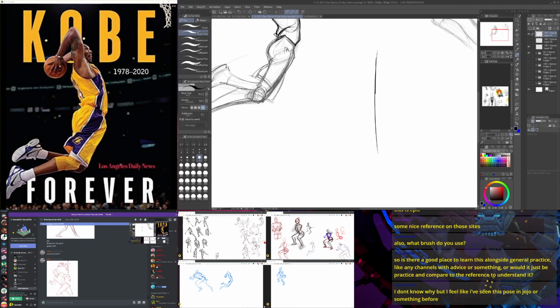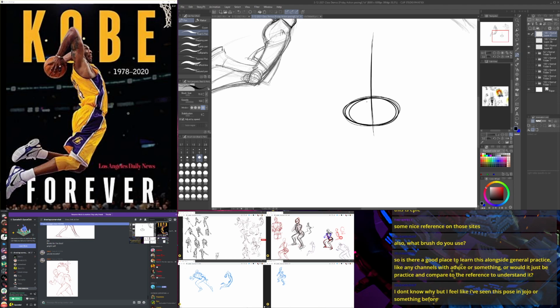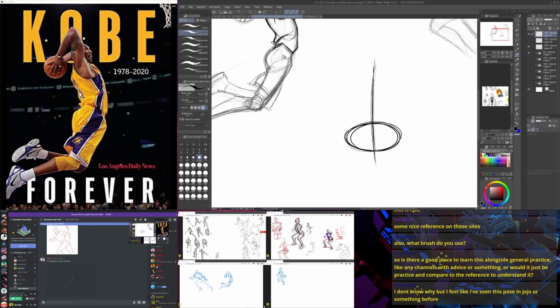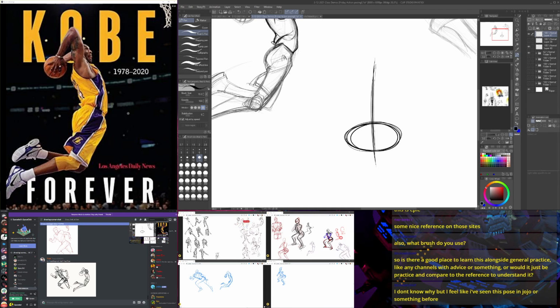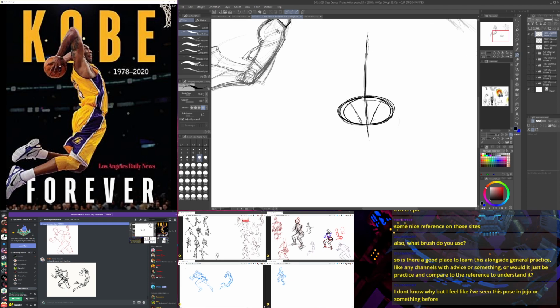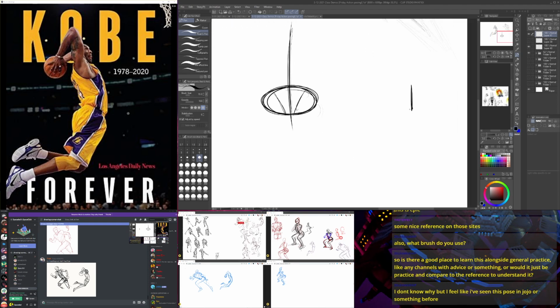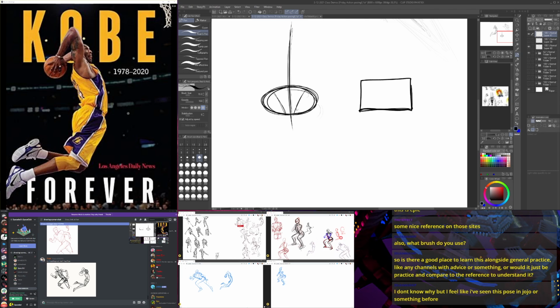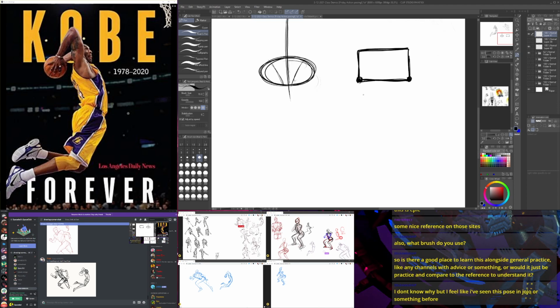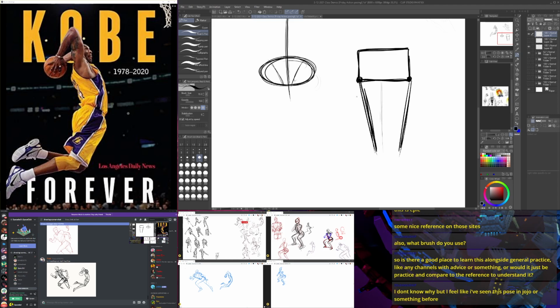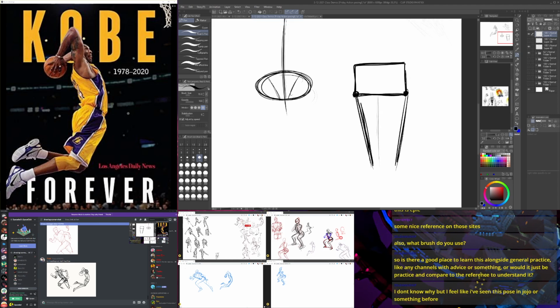I actually have to do a review of hip anatomy. Let me see if I can remember some of it. It's the way that the leg connects up at the hip. It's kind of throwing me, and I need to restudy it. One structure I've been using an awful lot to simplify things is the cube at the bottom of the box: you just use the bottom corners of the box for where the bone of the leg comes out, and by extension, the thigh.